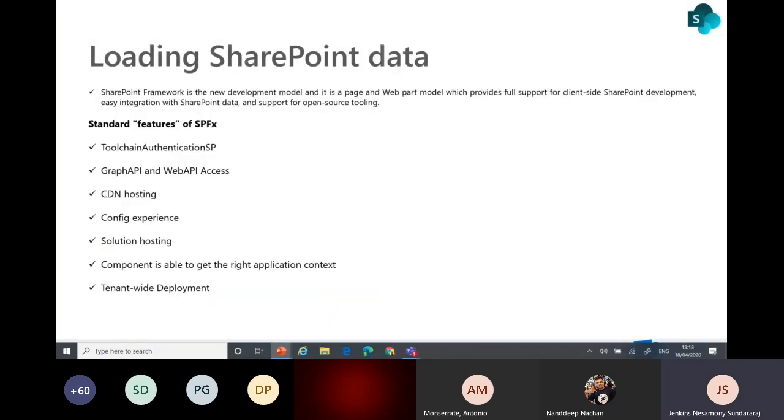Okay, now it comes to loading the SharePoint data. Already in previous classes you understood, right? I believe everyone already attended the previous sessions: setting up the environment, how to do that, the development environment, you have Node, everything is installed, ready to do all these examples, right?